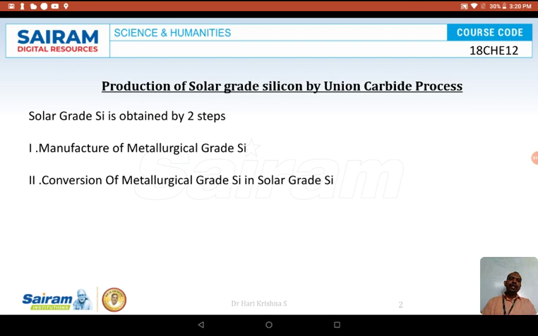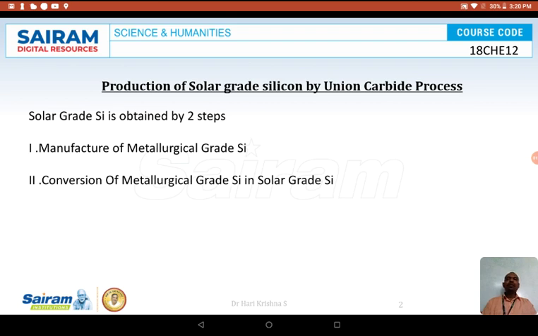Before going to this synthesis in depth, what is metallurgical grade silicon? Why is it not used in synthesis of PV cells? We'll discuss. For metallurgical grade silicon, the ore of silicon, quartz, is taken and silicon is obtained from it. The silicon thus obtained is 98% pure and is called metallurgical grade silicon. The impurity level of this silicon is very high and it cannot be used for